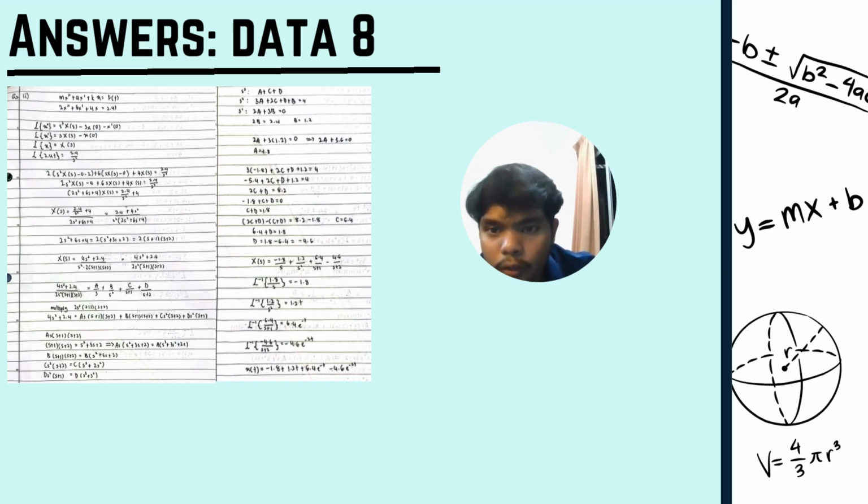So right now I'm going to continue from the previous question. So right now it's question 2, part two. The equation is going to be 2x double prime plus 6x prime plus 4x equals 2.4. So we put in the Laplace from the Laplace table. We're just going to do it as usual until we get the answer for s squared plus 2.4 over 2s squared (s plus 1)(s plus 2).